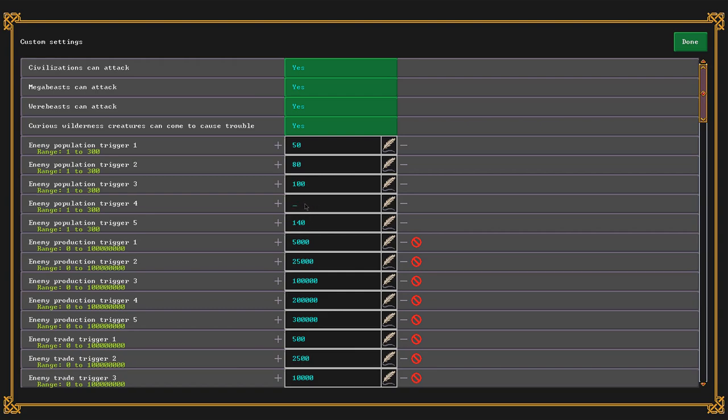There you go, and I think we'll change that to 120. So this should give us a number of waves of immigrants before we start getting attacked. Again, you start off with